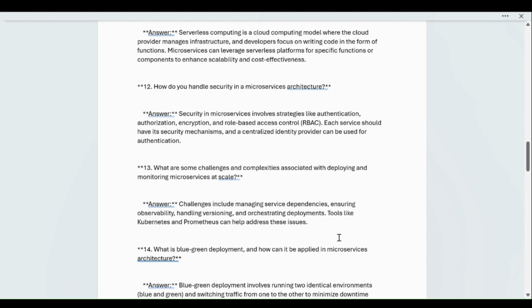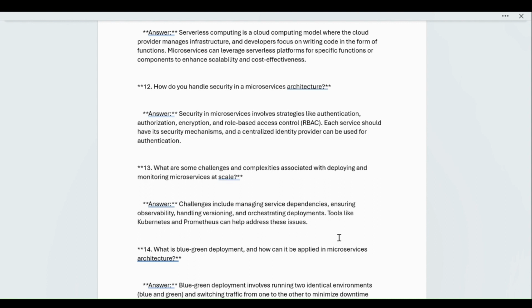Next question: what are some challenges and complexities associated with deploying and monitoring microservices at scale? This is a major question because it is a very complex architecture. When you are a first-time learner or developer, you face these types of issues.